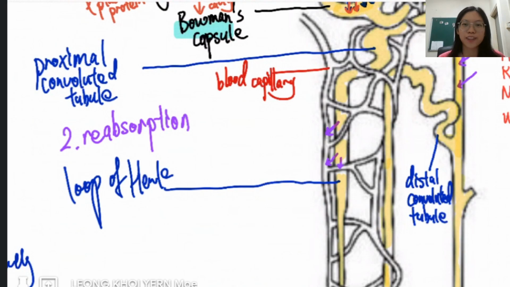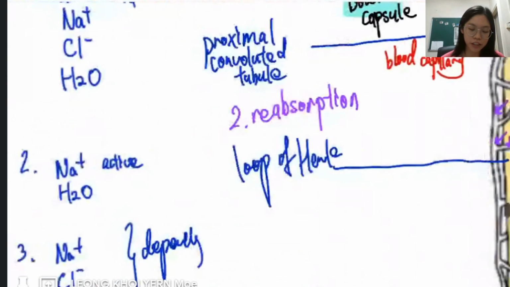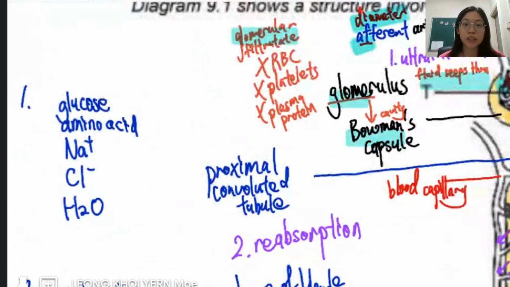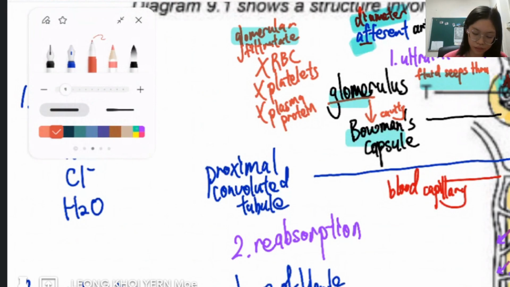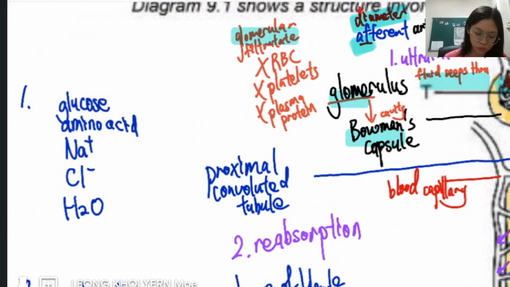The things that will be absorbed are five main things: glucose, amino acid, sodium ions, chloride ions, and water. These are the five things that will be reabsorbed